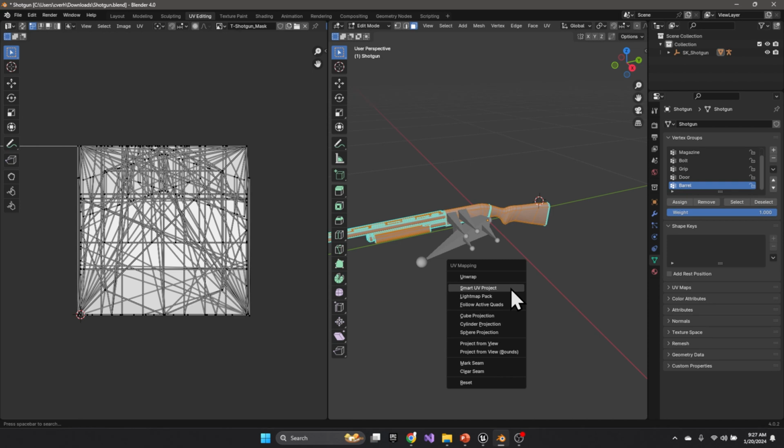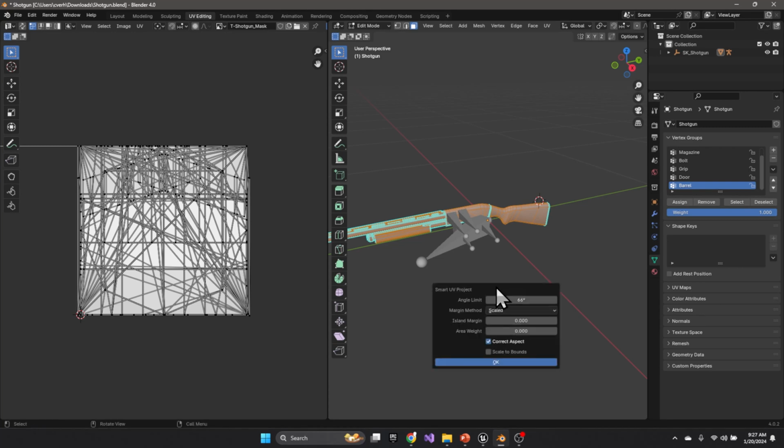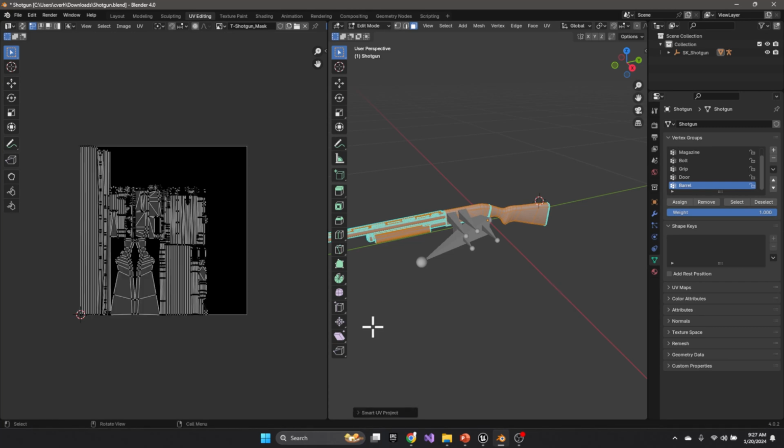So you could go through, create seams and all of that. This is not a UV unwrapping course, so I'm just going to hit the smart and hit OK. And what that basically does is unwrap this object onto this texture, and you can see the stock barrel is here, and then a bunch of the other pieces are all over this texture. So that's probably not the best way to unwrap it, but you can play around in here for hours if you'd like. I just wanted to basically get a good unwrap on this texture,